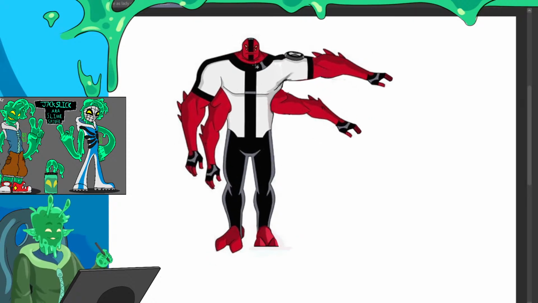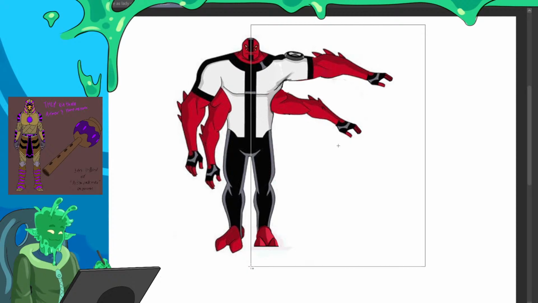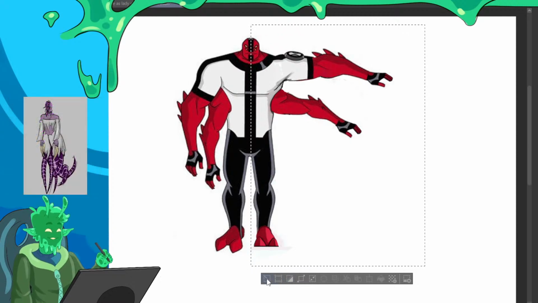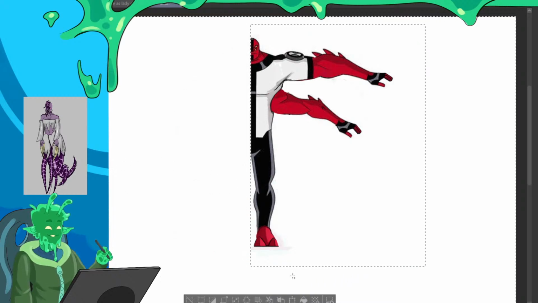So what we need to do now is grab a rectangle and get as close to the halfway mark as I can, and then invert that selection. There we go.